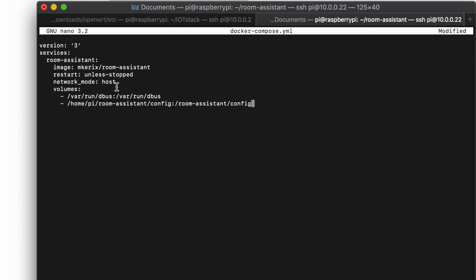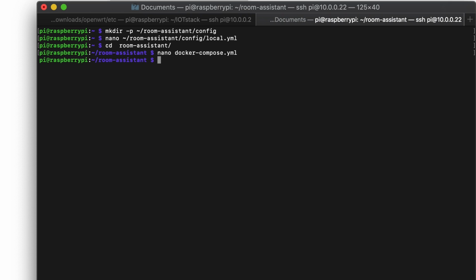You can get this from the video description, and the only thing that you probably have to change here is this path. This should correspond to the folder where your config file is, local.yaml. Change this, everything else should stay as it is.